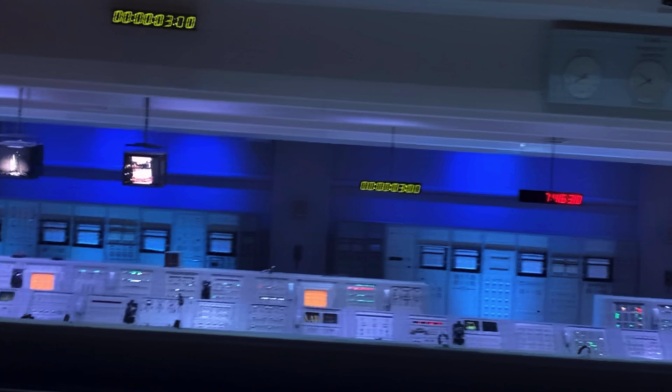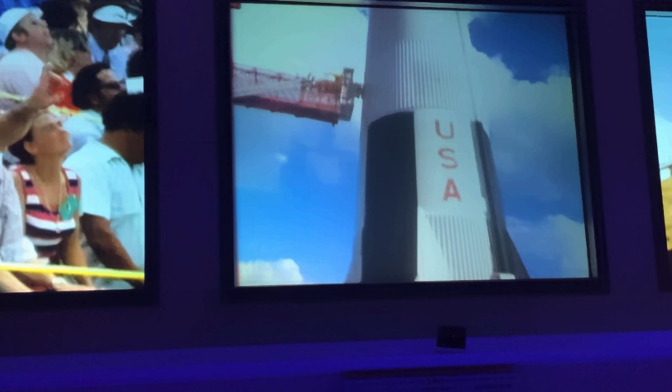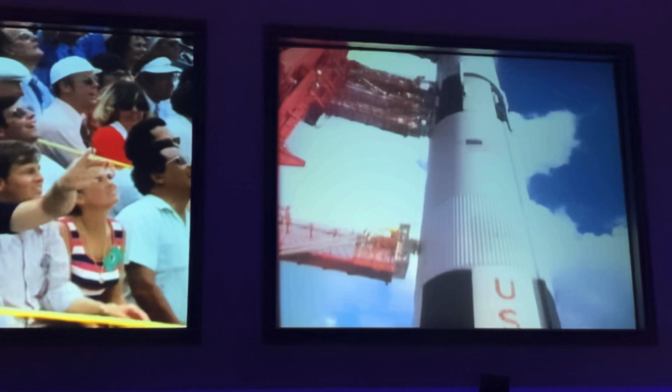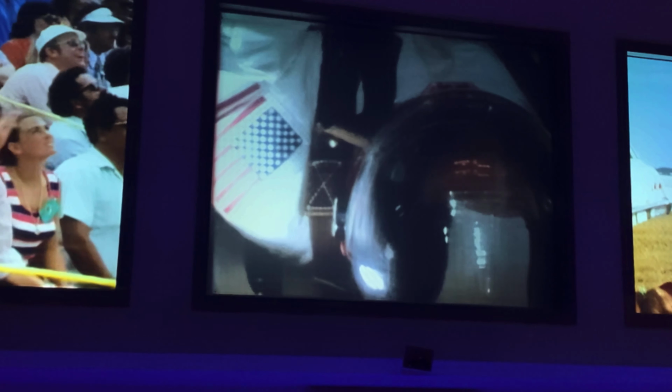We're now in the final minutes before the launch of Apollo 8. Right here, where it actually happened. Mankind is about to leave his planet behind and journey to another. It is one of those rare moments when history is not being made,